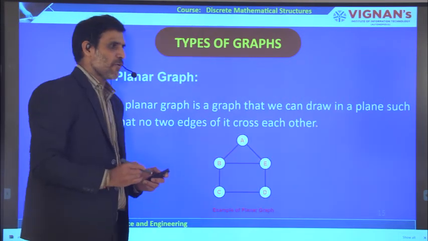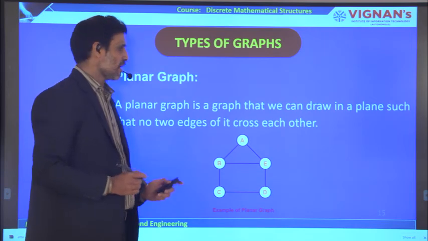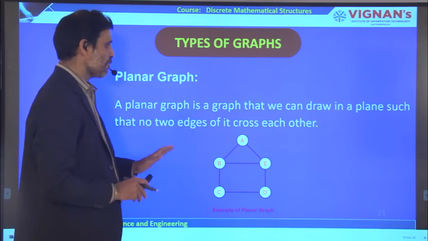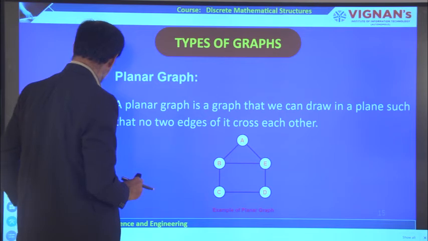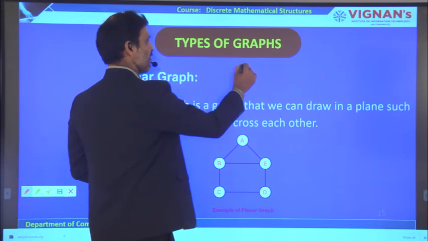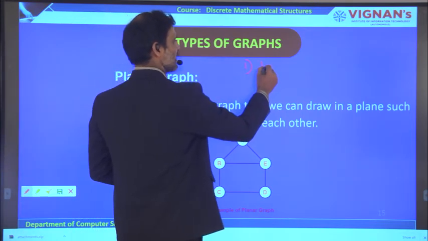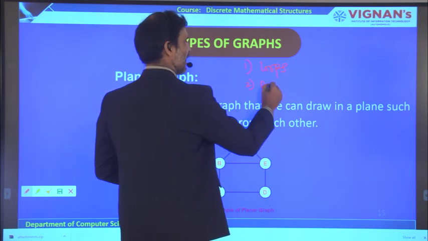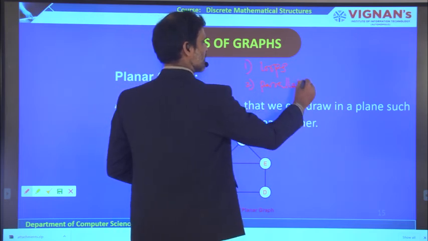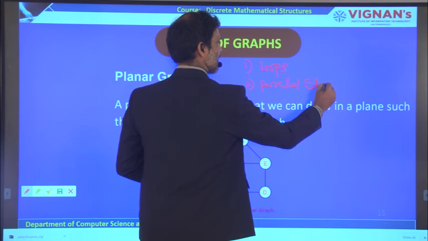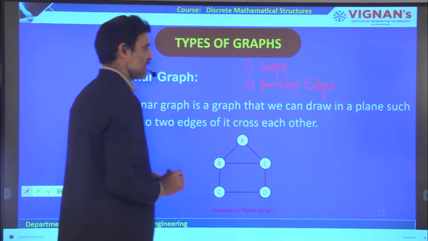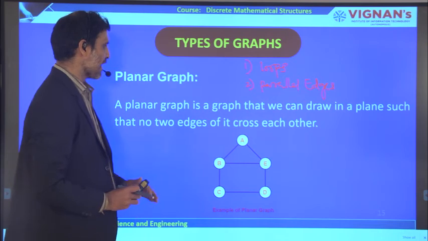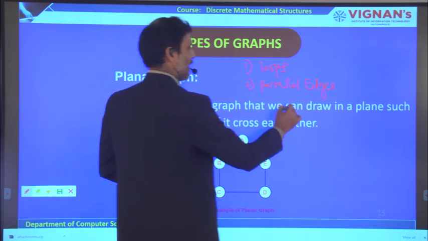The last graph we are going to discuss here is the planar graph. A planar graph is a simple graph, which we discussed already. What do you mean by a simple graph? A simple graph means it does not contain any loops, and second, it does not contain any parallel edges. These are the two important conditions for a simple graph. Now coming to the planar graph, we can draw it in a plane